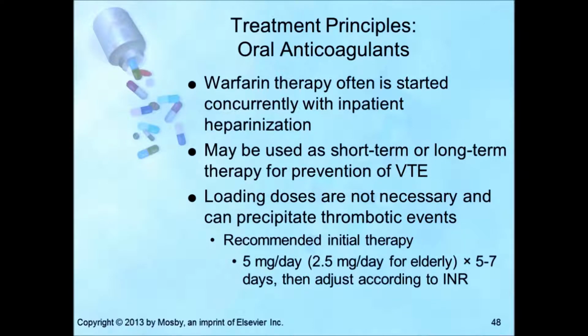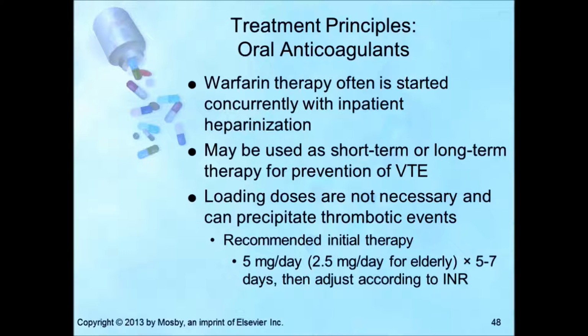Aspirin and anticoagulation are not recommended following acute ischemic stroke, and studies have failed to show an improvement in outcomes with anticoagulation use. Warfarin therapy is often started concurrently with inpatient heparinization. Warfarin therapy is then continued as short-term adjunct therapy in DVT, post-MI, and in PEs and after total joint replacements for up to 3 months. It's used indefinitely for recurrent DVTs, PEs, chronic atrial fibrillation, and post-embolic strokes, and with cardiomyopathy, left ventricular aneurysms, valvular heart disease, and mechanical cardiac valve replacements.